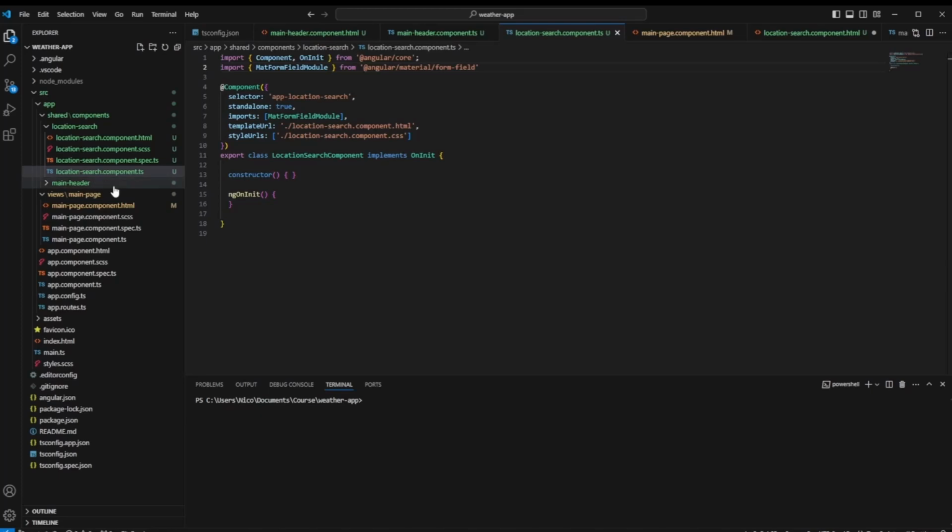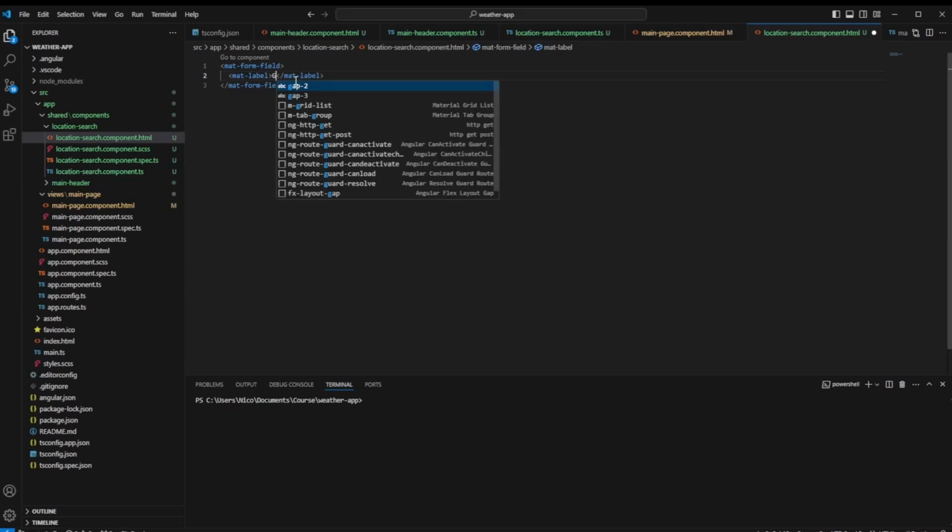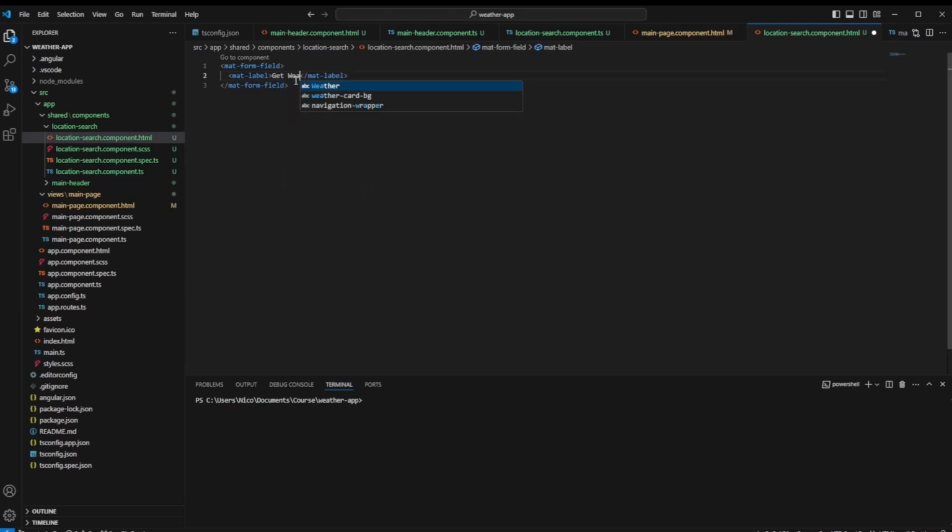So here we will place a label, mat-label. That one gives the user a hint where it should place, or what it should get placed in that input. Then we will create an